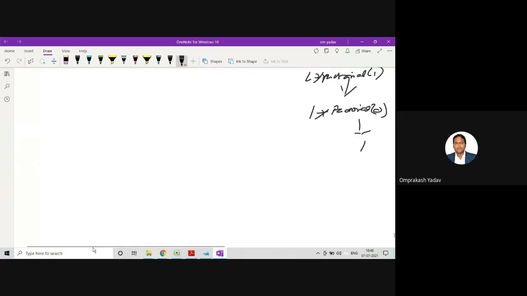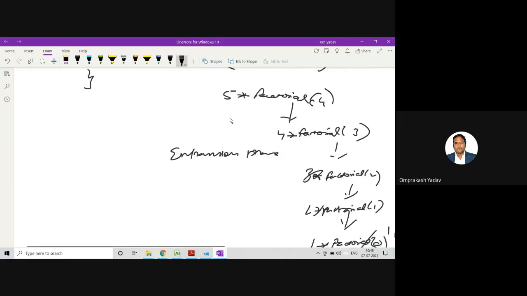Now the compression phase. So what will happen? 1 will be given at this particular place, 1 into 1 will be 1. 2 into 1, 2. So here 2 will come. 3 into 2, 6. Here 6 will come, right? 4 into 6, 24.